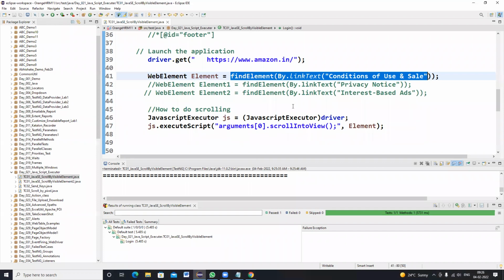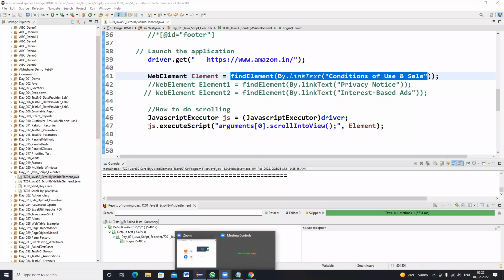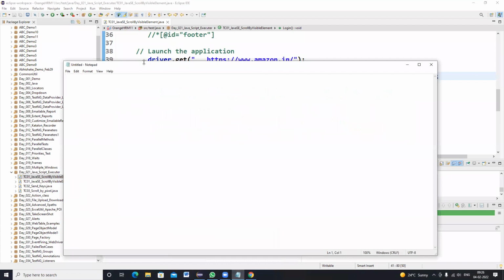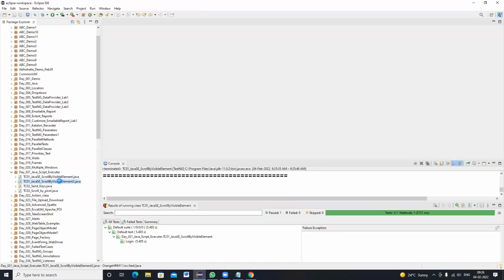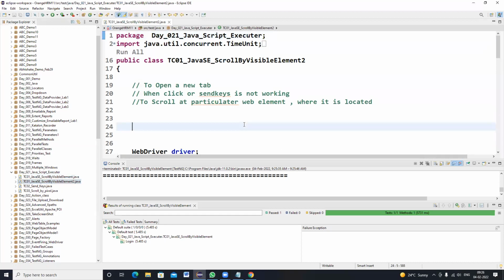Now by using JavaScript executor, you can use the scroll into view option, right? Now, scroll by visible text.